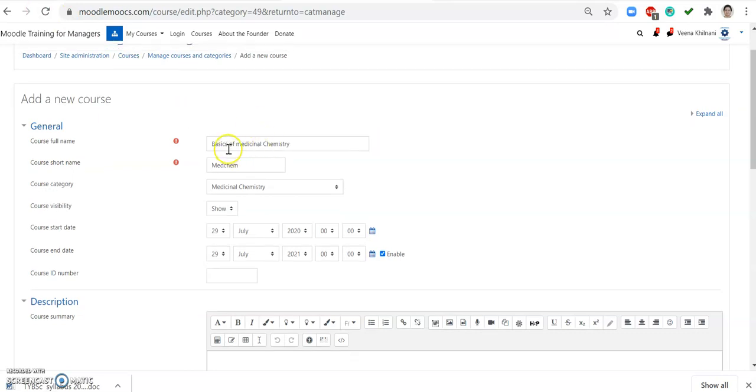So let us attempt one on basics of medicinal chemistry, one course with the short name of MedChem,